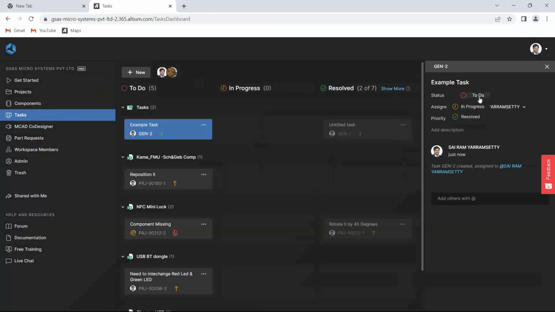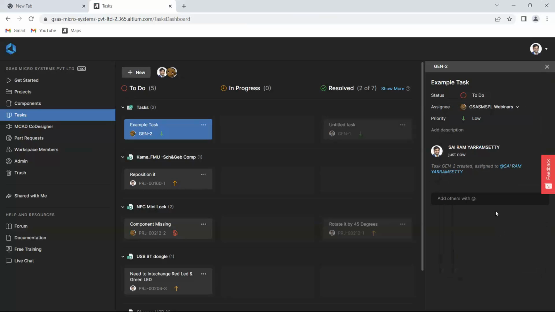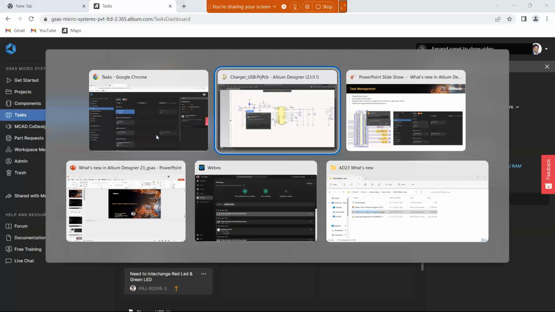Okay, and you can just specify in progress or to do, and whom you want to assign, you can specify the name, and you can specify the target, and then you can see here it's been assigned. You can change the status from to do to in progress or complete, like this. You can manage the task at the project level as well as the workspace level inside Altium Designer with the new features and capabilities. Okay, now let's go back to the